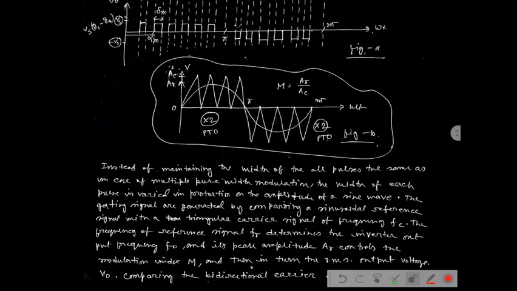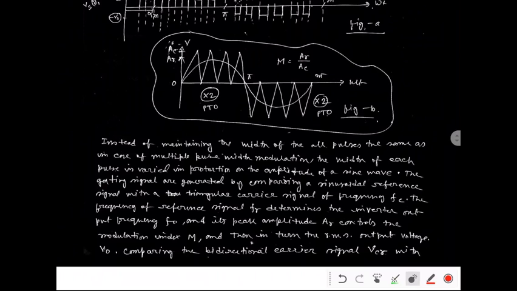The gating signals are generated by comparing a sinusoidal reference signal with a triangular carrier signal of frequency Fc. The frequency of the reference signal Fr determines the inverter output voltage frequency F0, and its peak amplitude Ar controls the modulation index, which is defined by M,